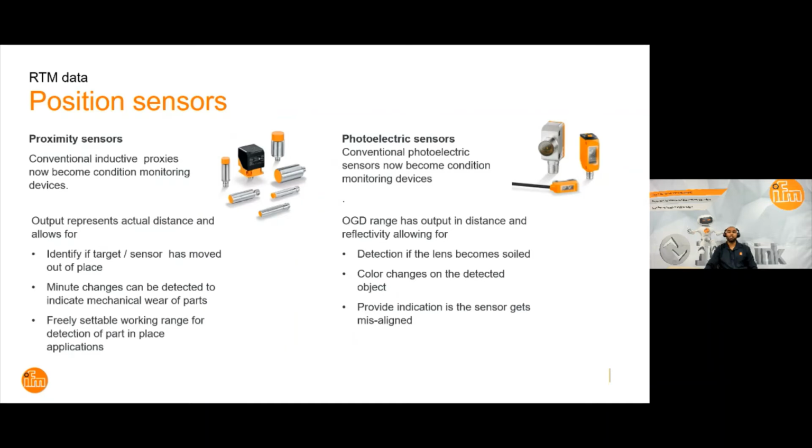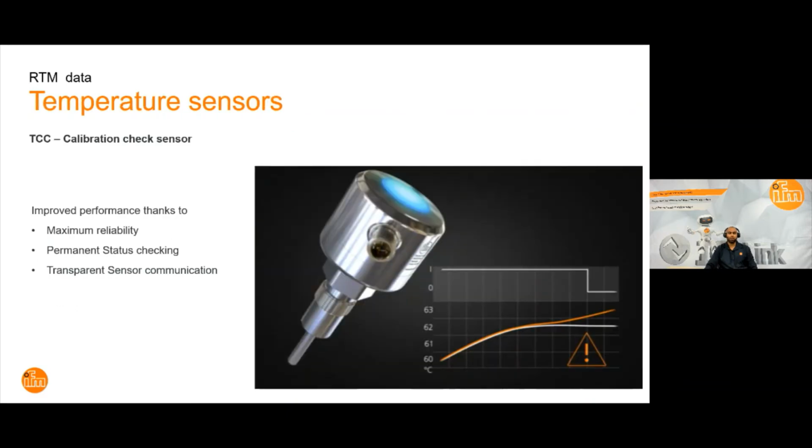We can provide an indication with that information if the sensor gets misaligned. So now it can be seen how a normal photoelectric sensor can actually be used as a real-time maintenance device as well. Temperature sensors. So the TCC calibration check temperature sensor, for example, has improved performance thanks to the following